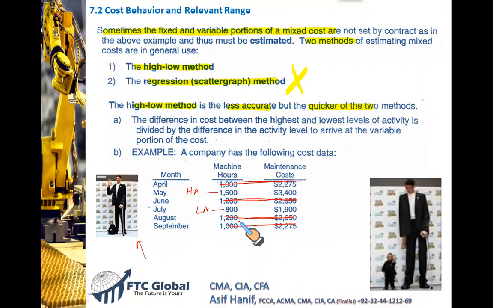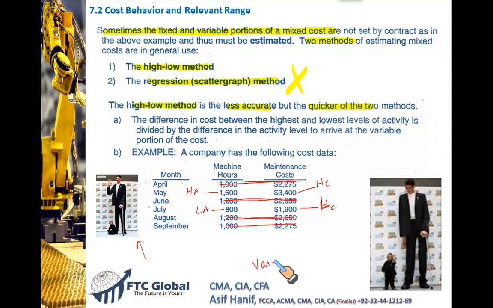Yes, Ibrar, the Hi-Lo method is also in your correlation regression. Correct. Now, at this level, 1600 highest activity, this 3400 represents the highest cost, or the cost at the highest activity level. And 1900 is the cost at the lowest activity. We call it HA and LA. Now you're going to use a formula,